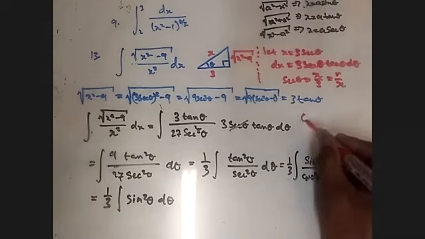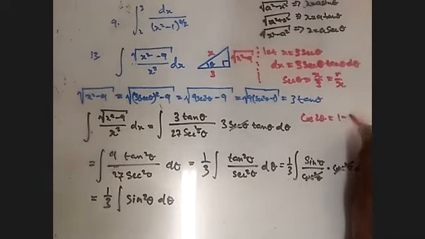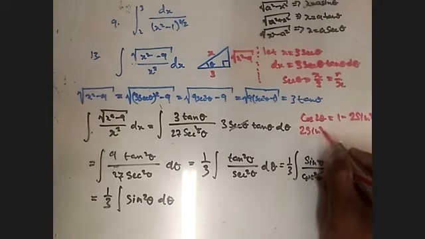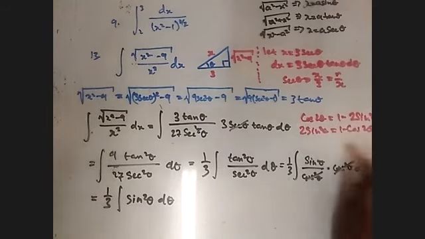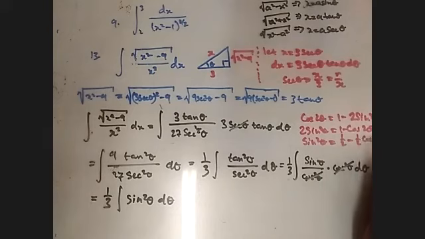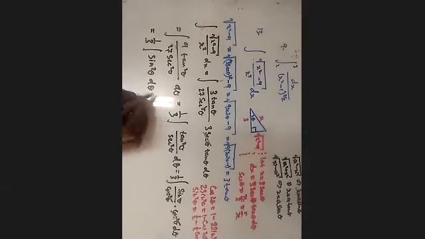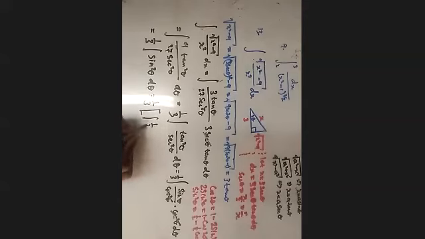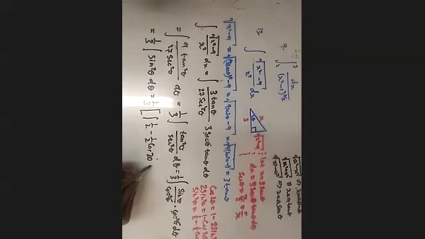Oh, it's actually cos of 2 theta is 1 minus 2 sine squared theta. This is the one. And then this becomes 2 sine squared theta equals 1 minus cos 2 theta. Then we divide by 2. Sine squared theta is equal to 1/2 minus 1/2 cos 2 theta. I'm going to use this definition here. So what happens is I'm going to have 1/3 times the integral of 1/2 minus 1/2 cos 2 theta, everything is divided by